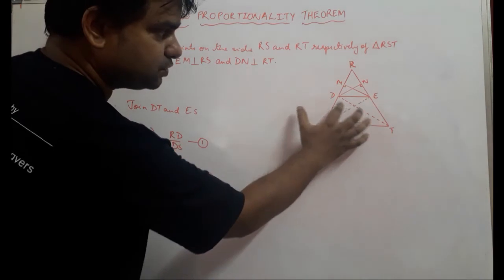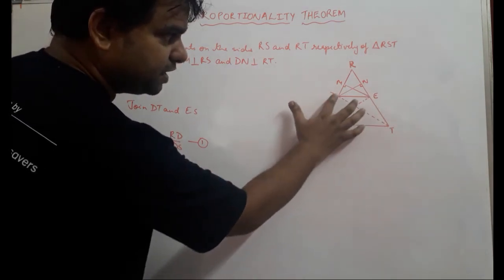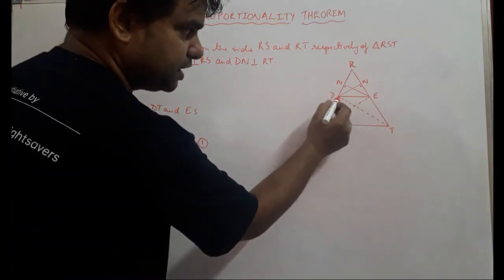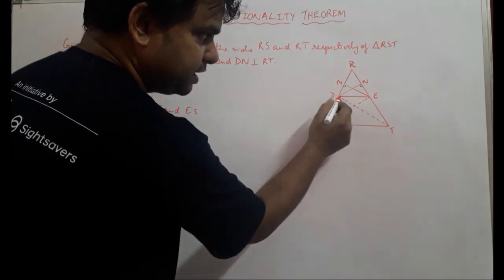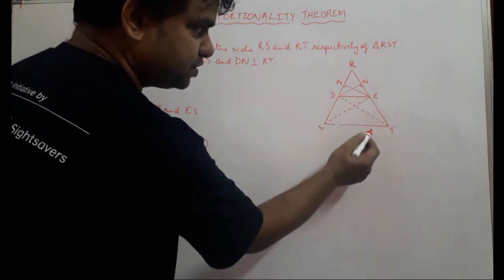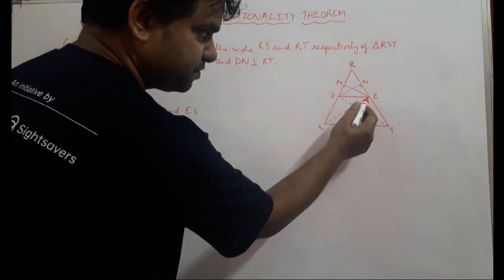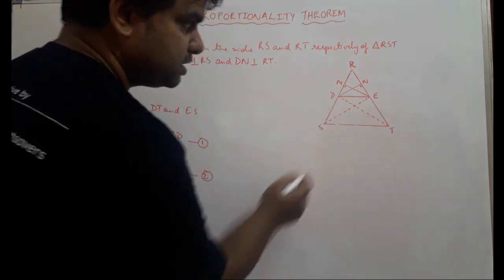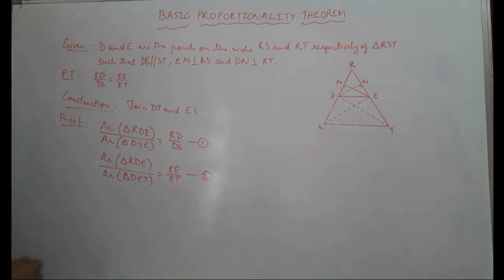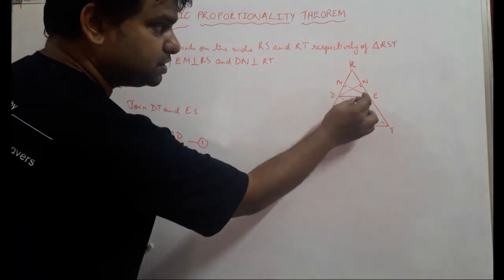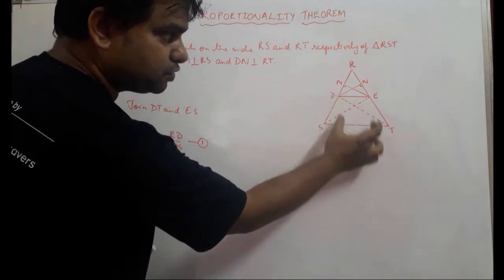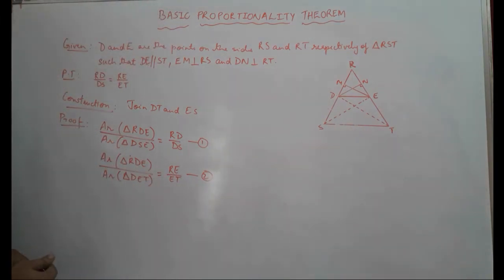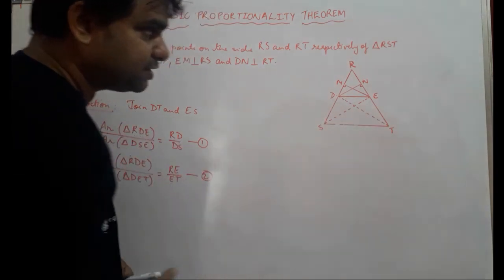If we have a look at these two triangles that we have taken, DSE and DET, these two triangles have the same base, and they lie between the same parallel lines. In 9th standard we have studied a theorem wherein if there are two triangles which are originating from the same base and lying between the same parallel lines, or two parallel lines that are common to both of those triangles, then the areas of those triangles are said to be equal.